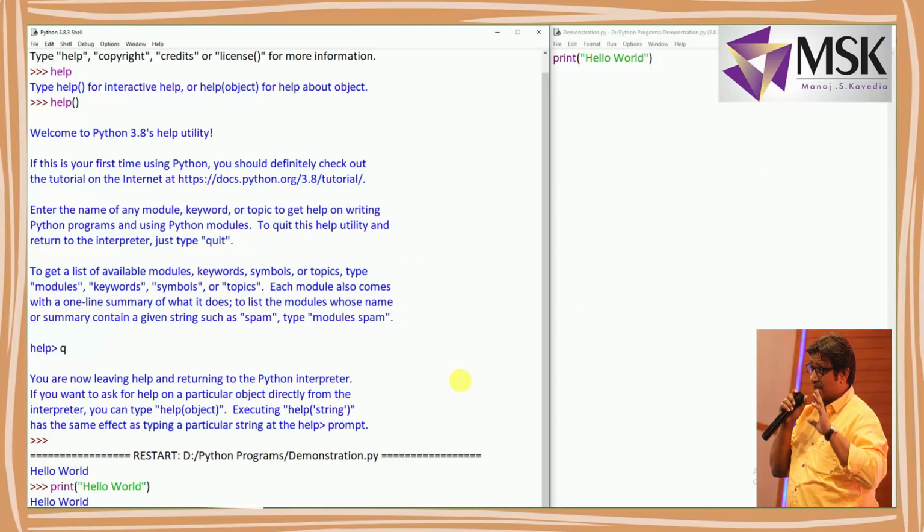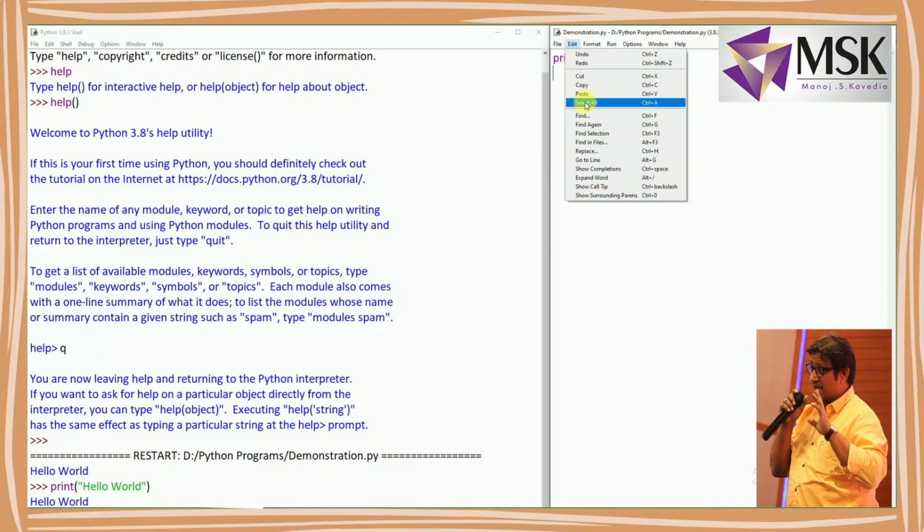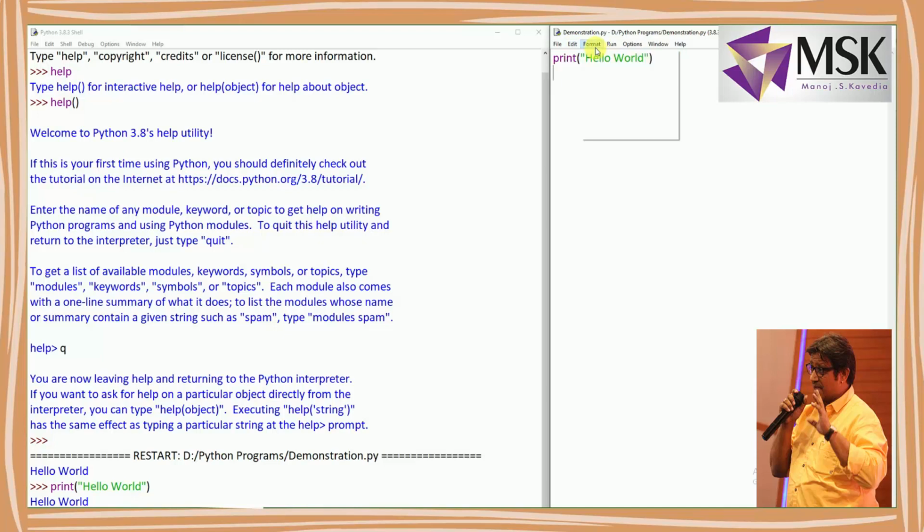So let's see what are the other features of this GUI. We can go to file. It will create a file, open a file, open a module, and many more, like a normal editor. This is to copy, cut, paste, find, and all edit options. In format, you have all the formatting options.